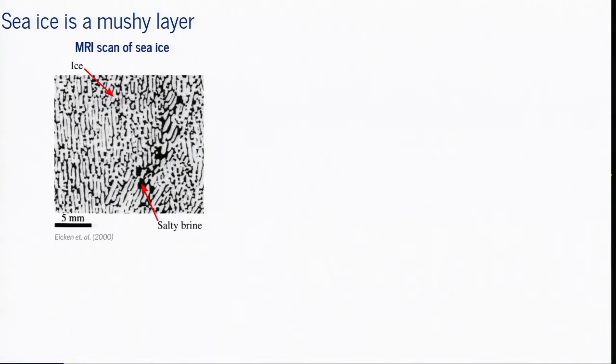So sea ice is a mushy layer, and a mushy layer, for those who aren't familiar, is basically a solid matrix bathed in some fluid. The fluid has two components, one of which will solidify to form the solid matrix. So for sea ice, as you can see in this MRI scan here, you've got fluid which is salt and fresh water, and the fresh water will solidify out to form the ice. Your solid matrix will impose some permeability on the system which will control fluid flow, but conversely the transport of salt and heat can change the solid matrix via dissolution, solidification and melting,